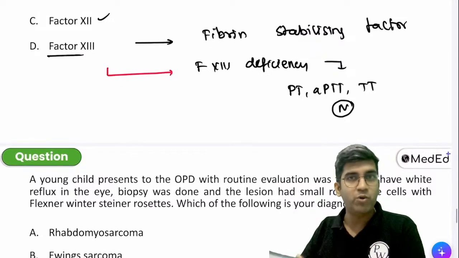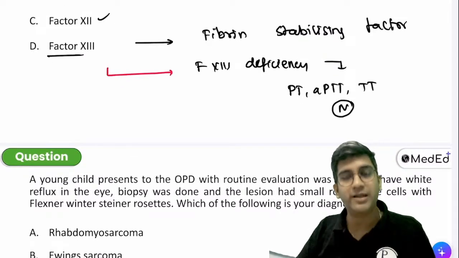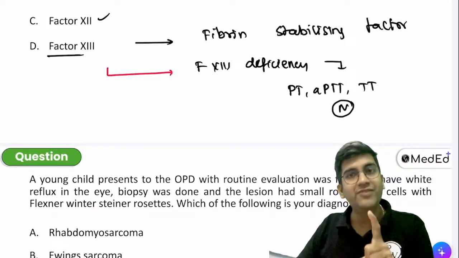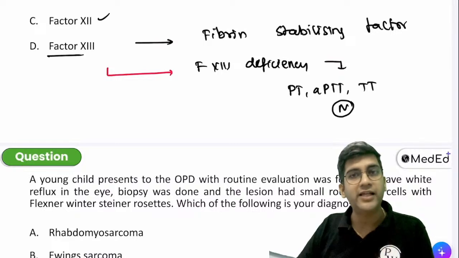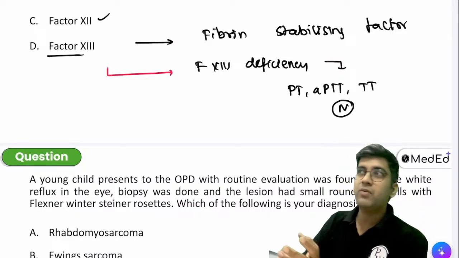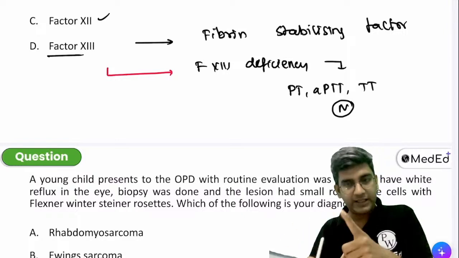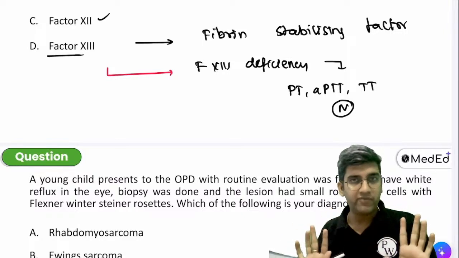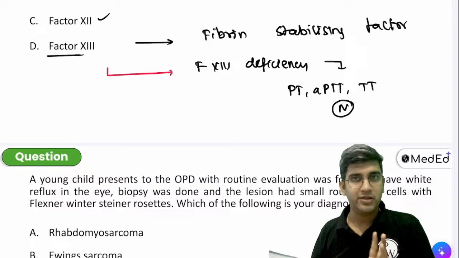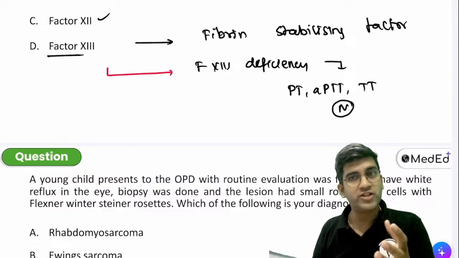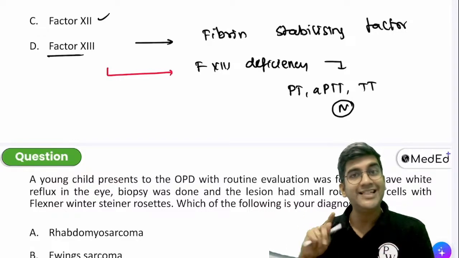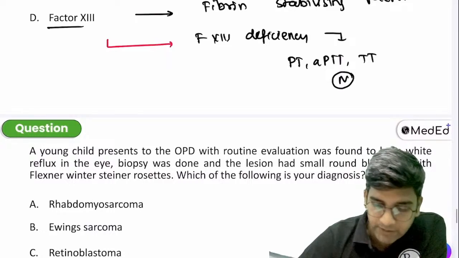So it's very, very important. So now clot is not stable. So now tell me, when will the patient have the bleeding? Immediately after the injury or maybe 1 day, 2 day after the injury? Immediately I got a cut, clot was formed, perfectly normal, bleeding stopped. But after a day or two, clot is not stable, clot will move away. You'll have a delayed bleeding, right? That's a very classical symptom.